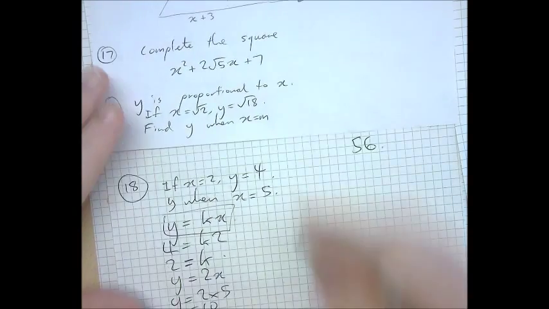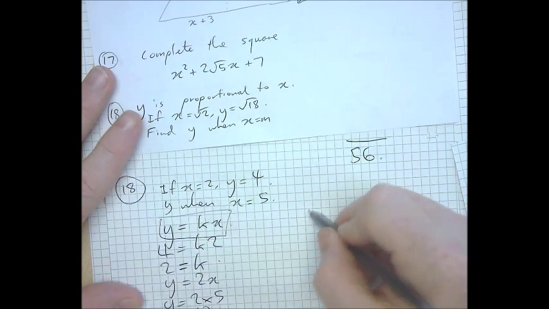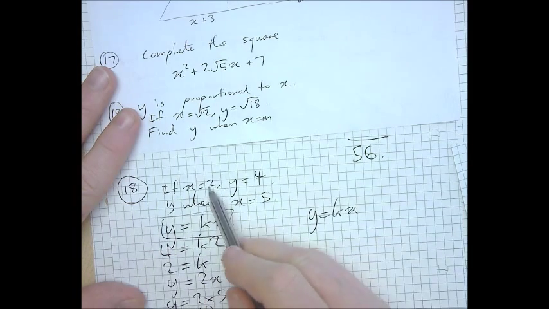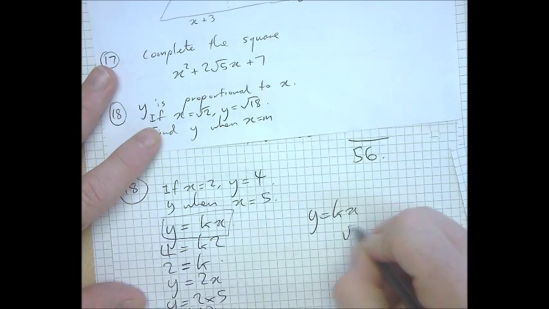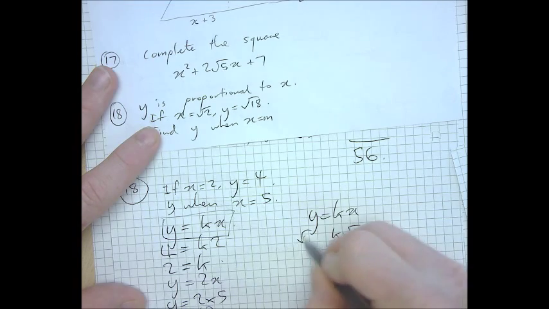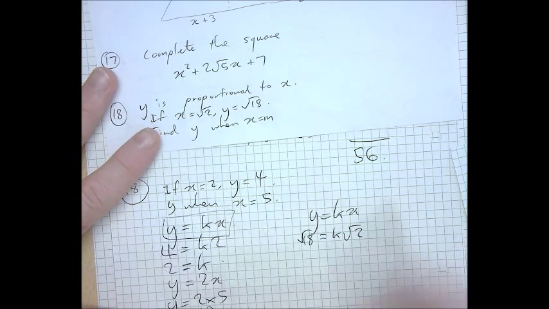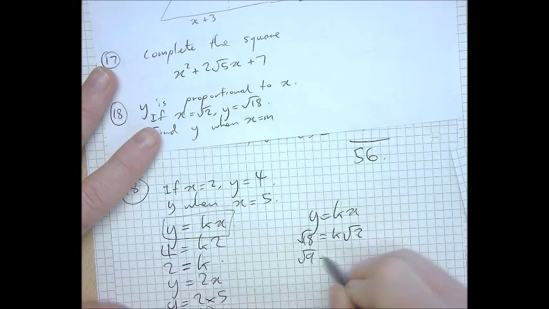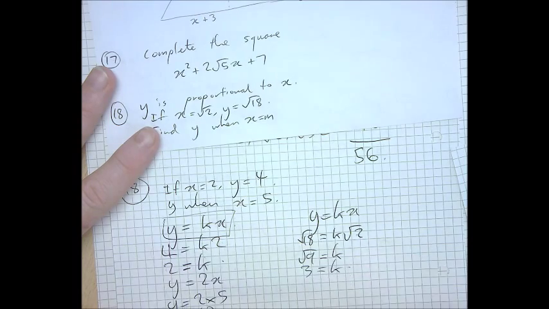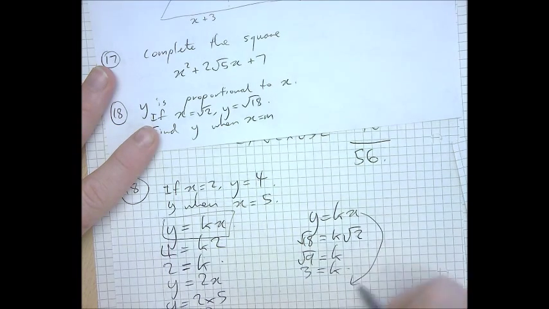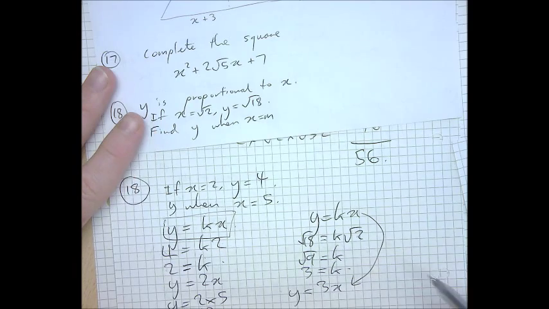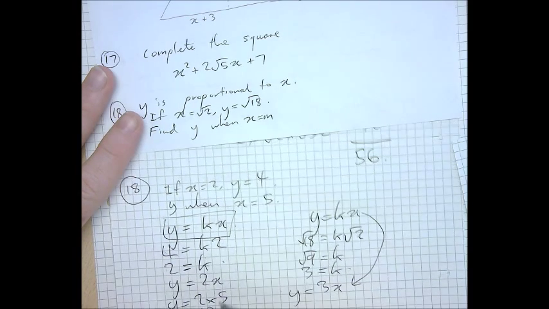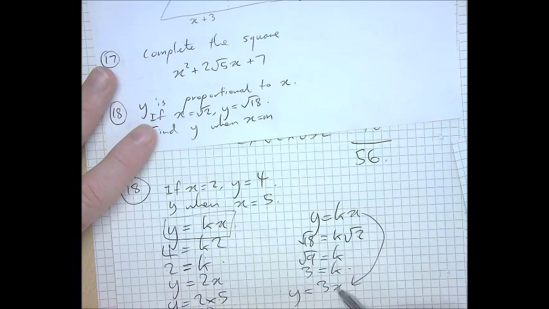Okay, so I'm going to do that with a harder version of the problem. I still write y equals kx, but my example is no longer 2 and 4. It's now root 2 and root 18. Just like I divided both sides by 2 here, I'm going to divide both sides by root 2 here. Root 18 divided by root 2 is rooty divided by rooty, so that's root 9. So k is 3. So y equals kx becomes y equals 3x. Now over here I got told that x equals 5, so I put a 5 there. For me, I'm going to put an m where x is. And there's your answer.